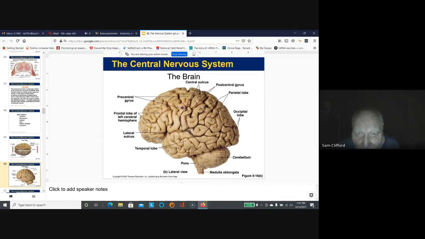So what does this part of the brain do? The occipital lobe controls vision, the temporal lobe auditory function, the frontal lobe is higher thought, executive function, going through complex activities. And this central sulcus has in front of it a precentral gyrus, and that's where muscle activity is coordinated. Behind the central sulcus, right here and right here,